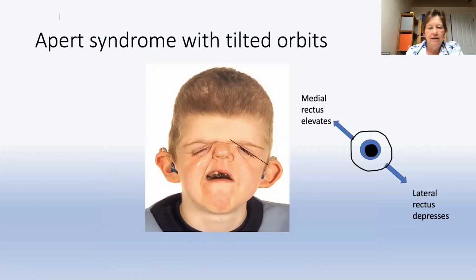So this patient has Apert syndrome. And as you can see, the orbits are a very different shape to usual. And what I want to bring your attention to is the fact that this actually is a tilted orbit. So the medial canthus here is much higher than the lateral canthus. And we've got the same on the other side. And the normal is that your lateral canthus is a couple of millimeters higher than your medial canthus. And what this indicates is that the whole of the